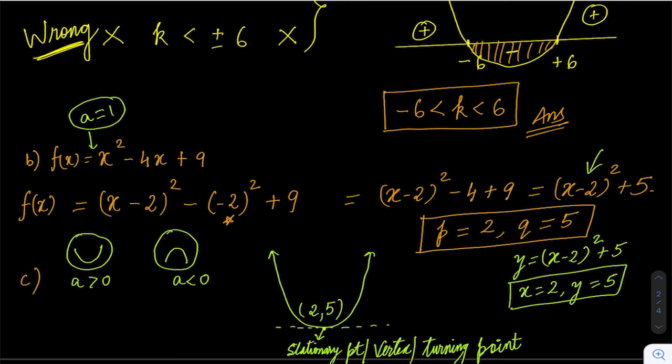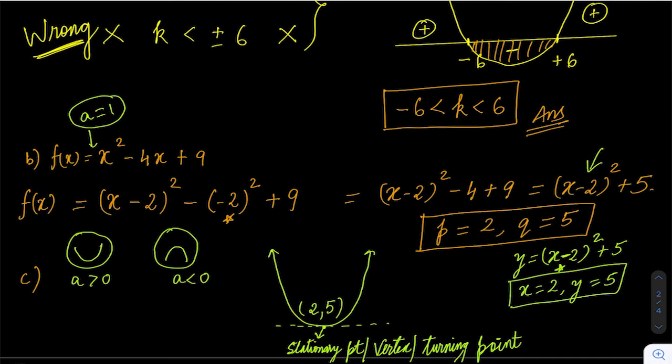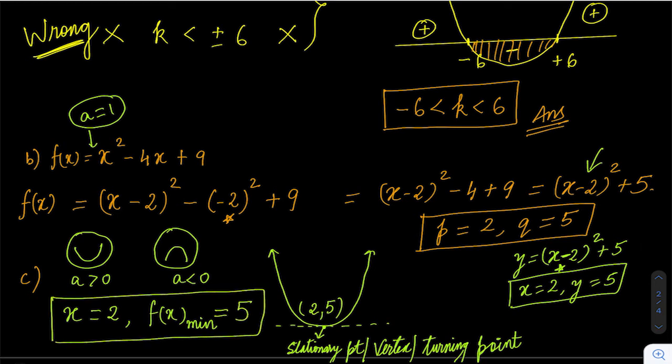Now, there might be some students who are thinking why x is 2. See, it's very simple. You need the minimum, right? So this is a square. So when is a square minimum? Whenever a square value is minimum is whenever that square value is 0, because a square value can't be negative. So the minimum it can have is 0. So that's why I said x is 2. So my x value is 2 and they're asking for the minimum value of f(x). So the minimum value of f(x) is nothing but 5. So this is my answer. I hope it's clear.